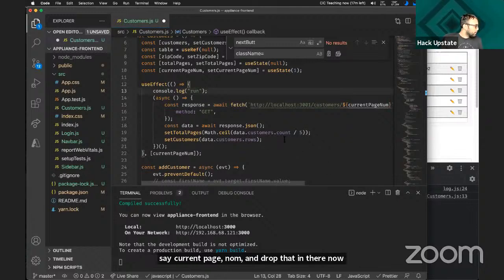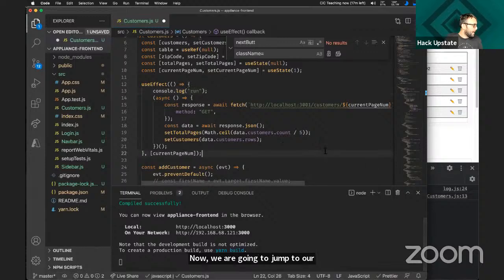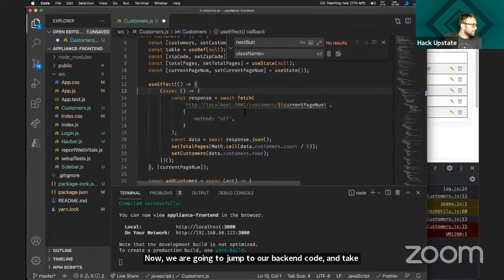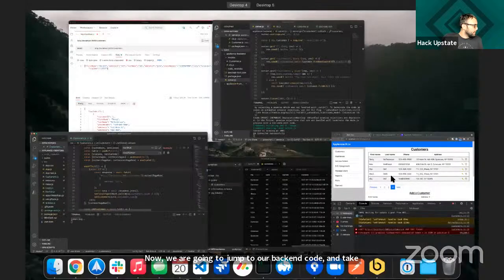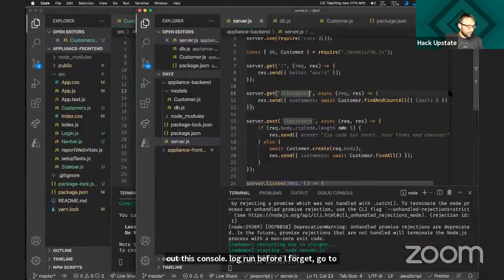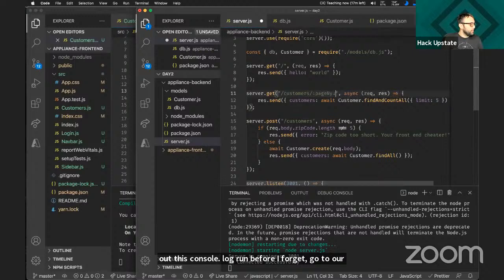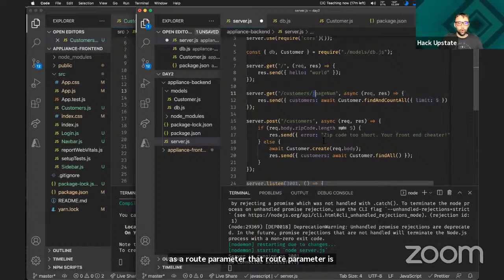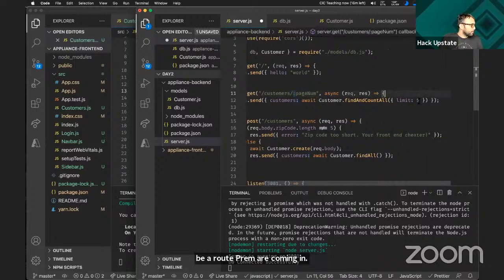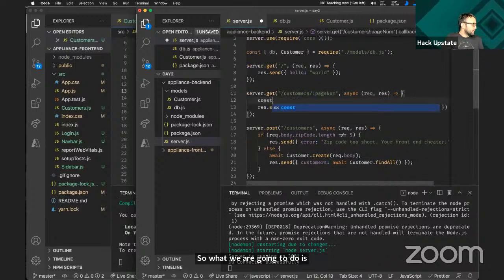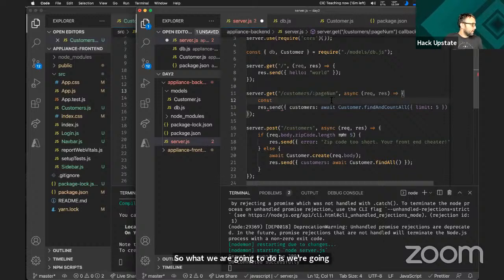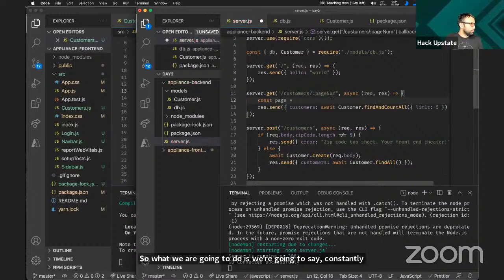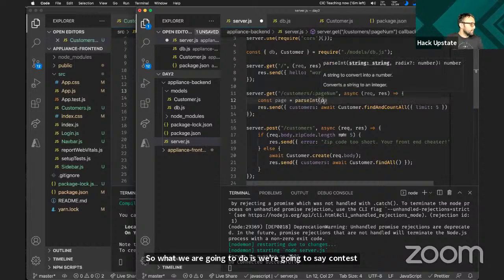Now we are going to jump to our backend code. I'm going to take out this console log run before I forget. Go to our customers, and we are going to throw the page num in as a route parameter. That route parameter is started with a colon, so it knows, hey, that's going to be a route parameter coming in. So what we are going to do is say const page is equal to parse int